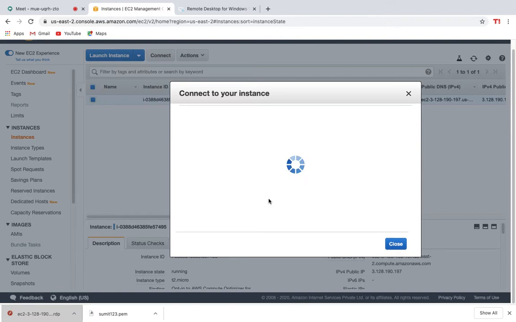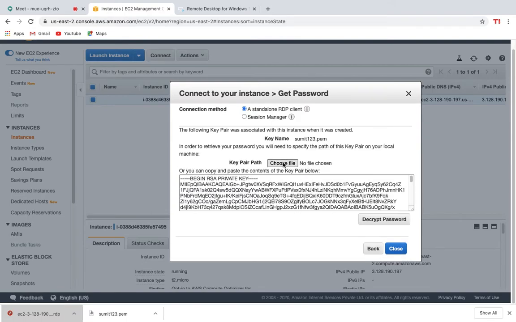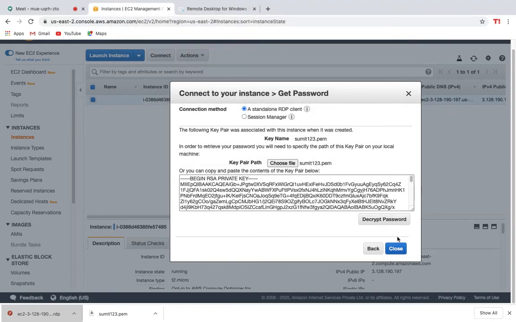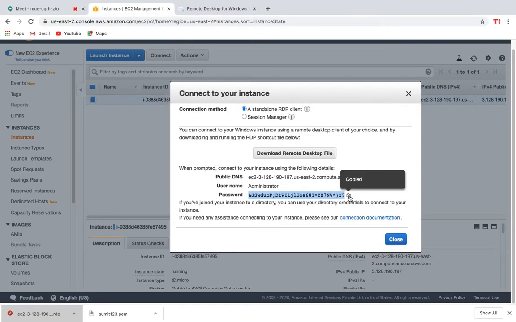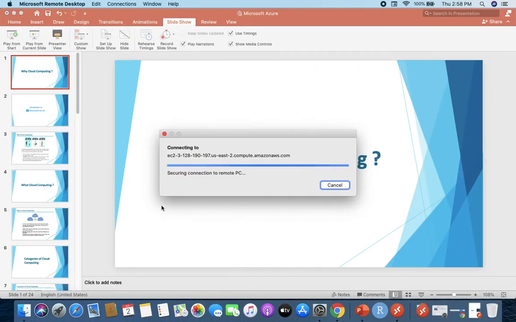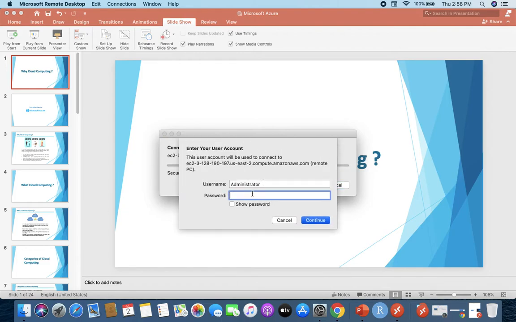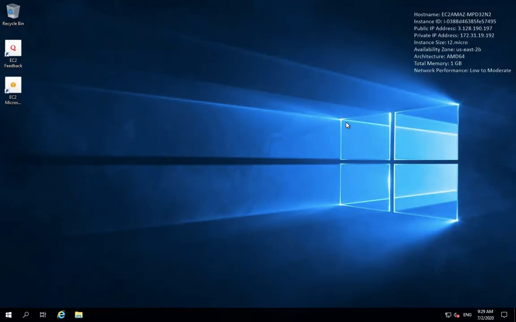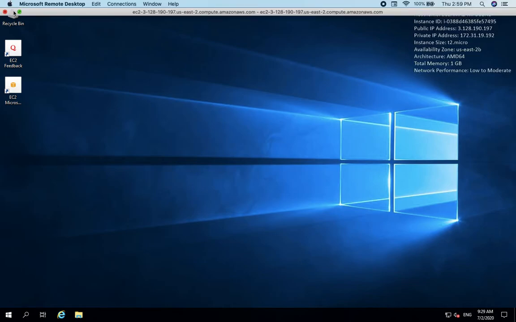You click on get password, upload your key file, decrypt your password, copy it here, open the remote desktop file you have downloaded, paste the password, click on continue, and your Windows will start. That's it. This is so simple.